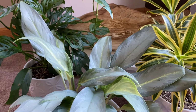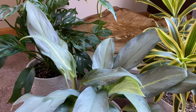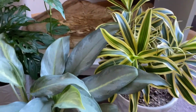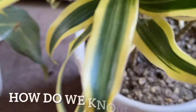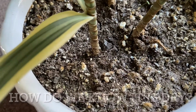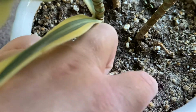Next, we'll talk about when to water. So you'll want to water your plant when the soil is starting to look dry. And here I have a plant that is dry. And you can see that the soil is a lighter color. It makes this kind of crunchy noise